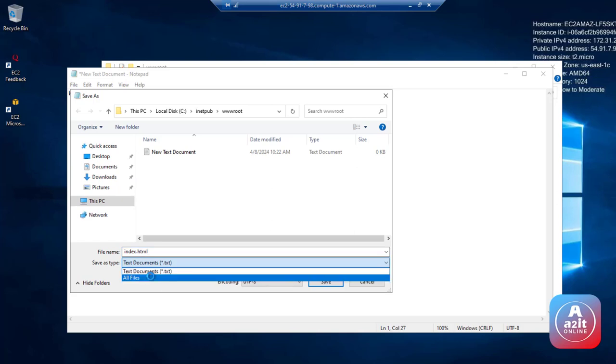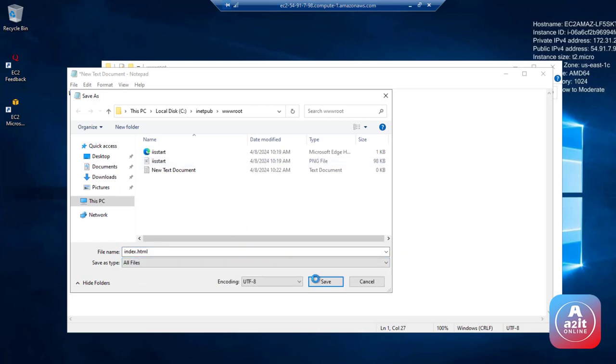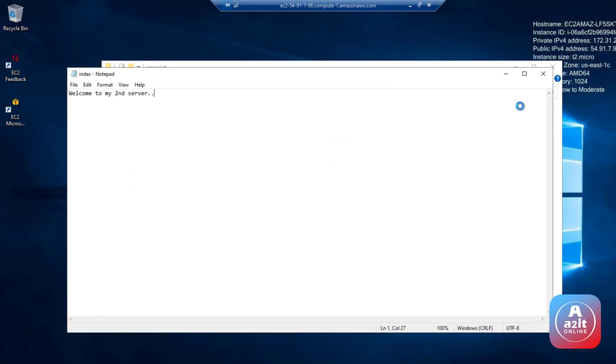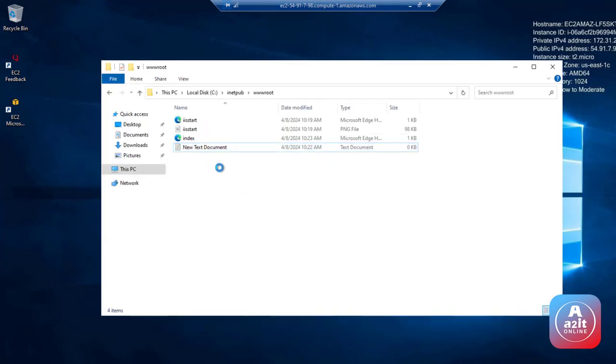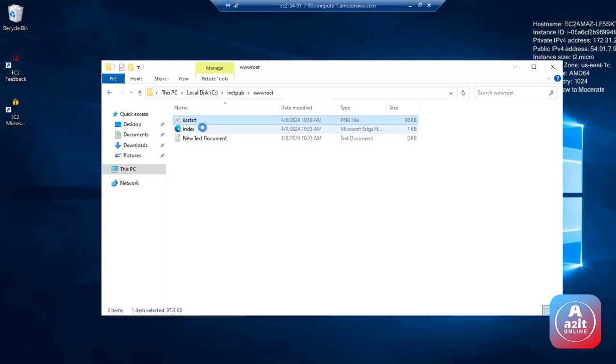Then select all files and then save. Okay, your index file has saved successfully, and I'm going to delete the rest of the files. Okay, so this is your actual index file. So close this screen,